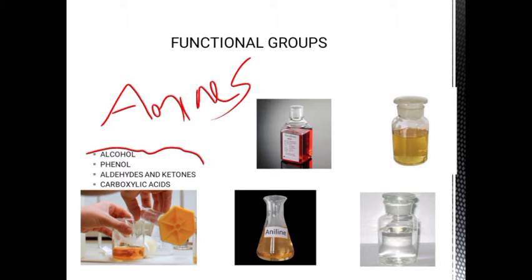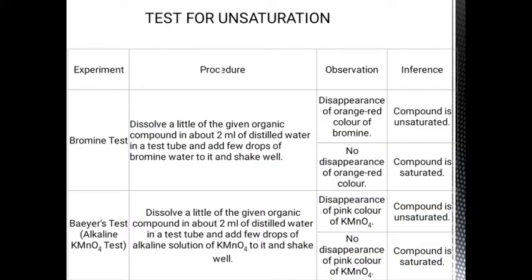if you observe this image, you can see that this is benzaldehyde, this one is aniline. Both are in the same color. And here also you can see these are almost similar color. So by seeing these colors, we cannot identify which organic compound that is. So we have to do a systematic set of tests for these compounds. So we'll see the test for each compound, and the first method is identifying the saturation or unsaturation.